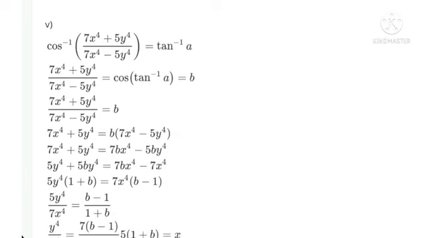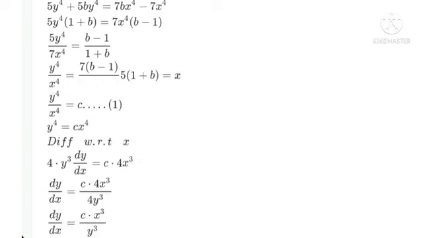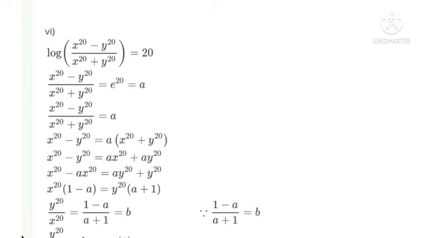Similarly, the fifth one is the same as the fourth example. Okay, you try yourself. In the sixth example,